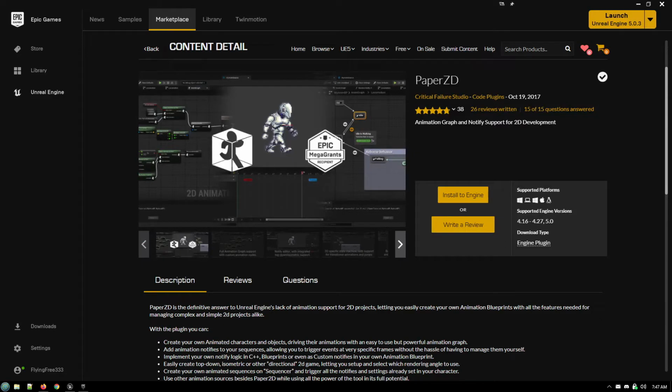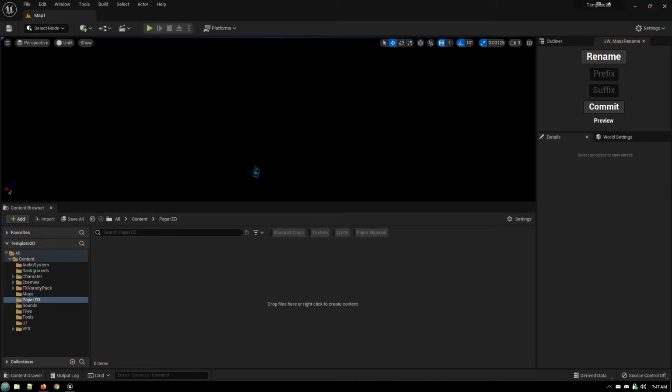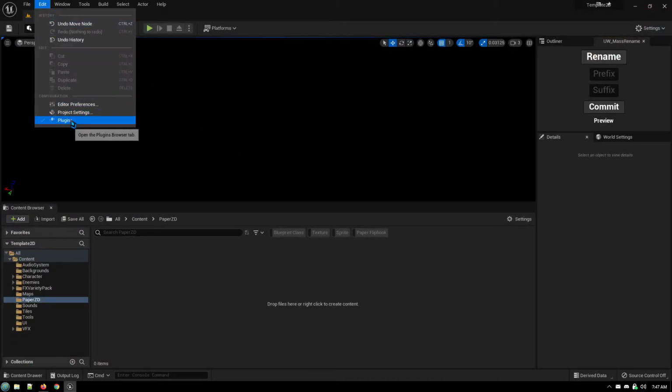PaperZD is a plugin for Unreal Engine, adding animation, graph, and notify support for flipbook animations in 2D projects. It's a free plugin, and basically, if you're working with a 2D game and flipbook assets, it's a must-have. Just absolutely get it. Just go to the marketplace, install to engine, and then within Unreal Engine, under Edit, Plugins,